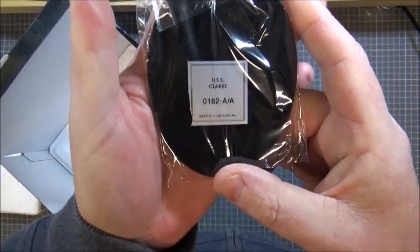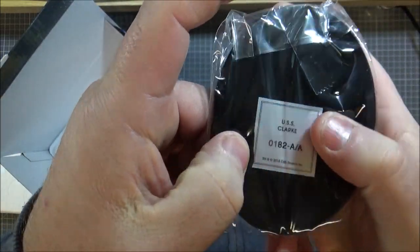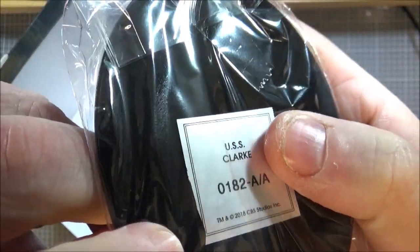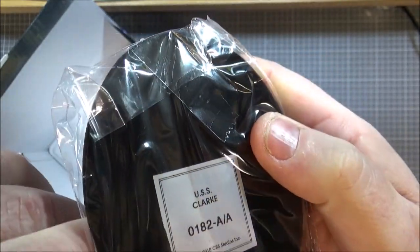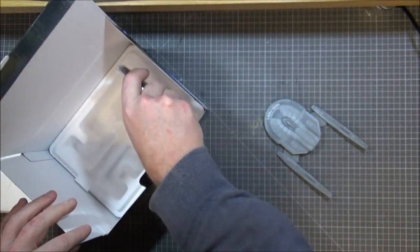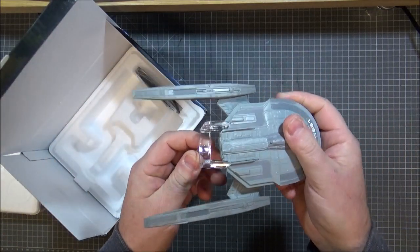First off, let's have a look at the base there. 0, 1. Why is that black on the side of it? It's like either the silver's come off from the plastic. 0182-A/A, so it's an AA one, but it doesn't matter to me. Don't usually use them. Looks like a standard